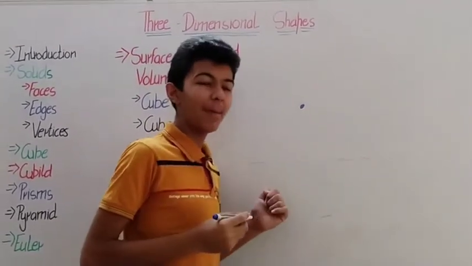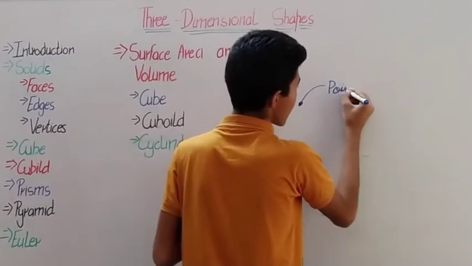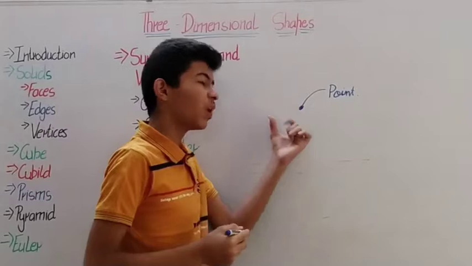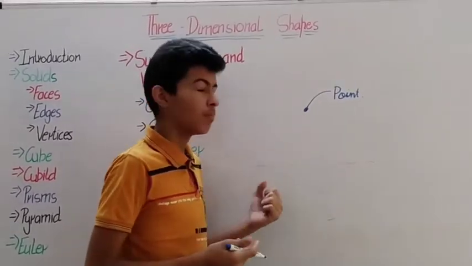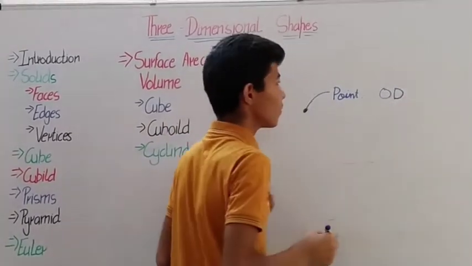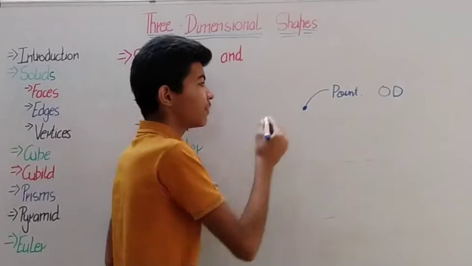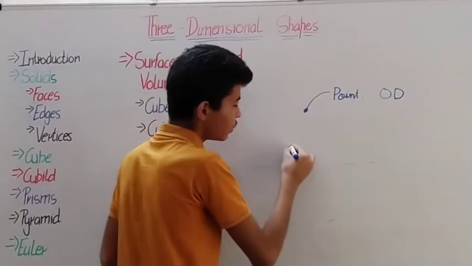This fixed dot in math is known as a point. For this point, you can measure neither the length, breadth, nor height. So it is 0D. That stands for zero dimension. So now let's take 2 points